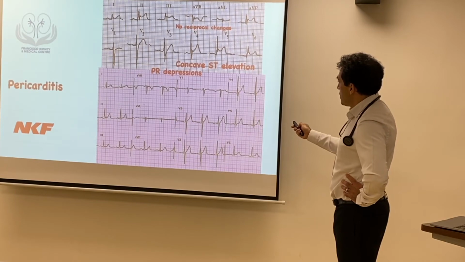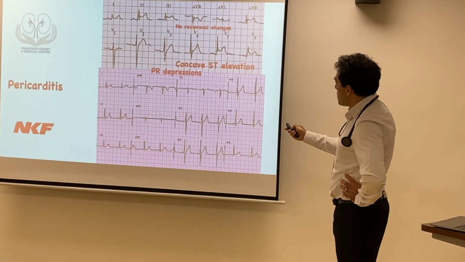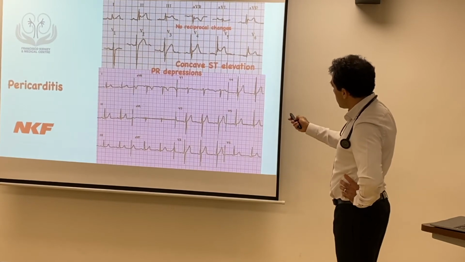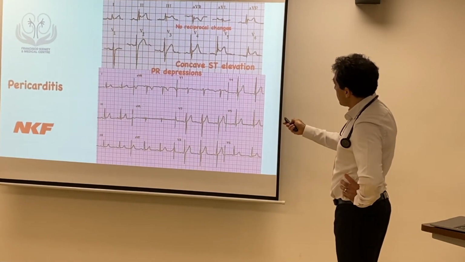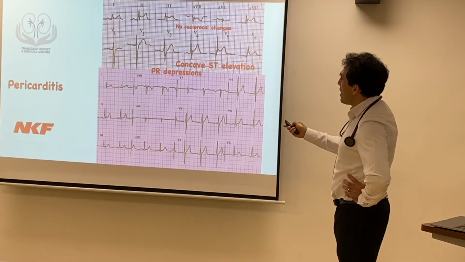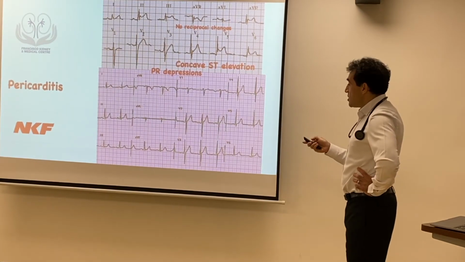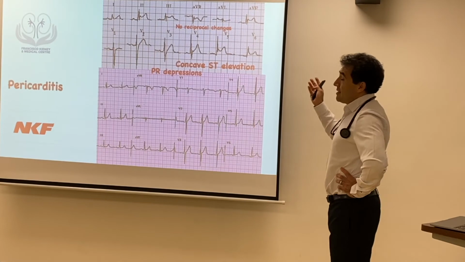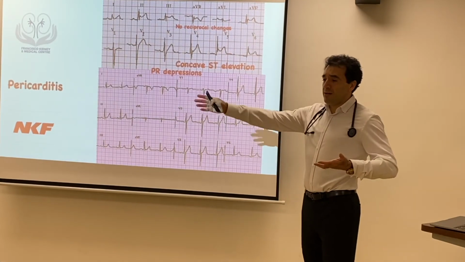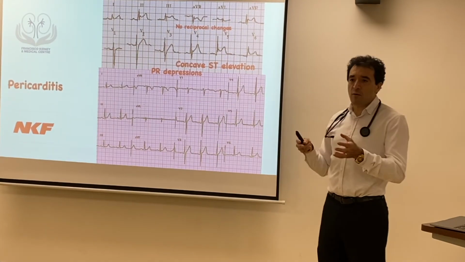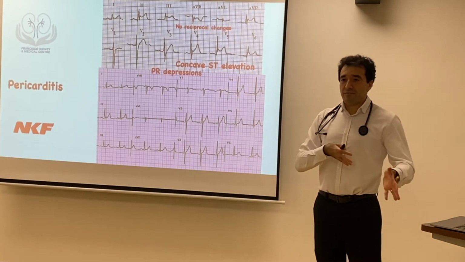So it's depression here and ST elevation, and the ST elevation seems to be concave, going like that. And also there are no reciprocal changes, so this is suggestive of pericarditis,